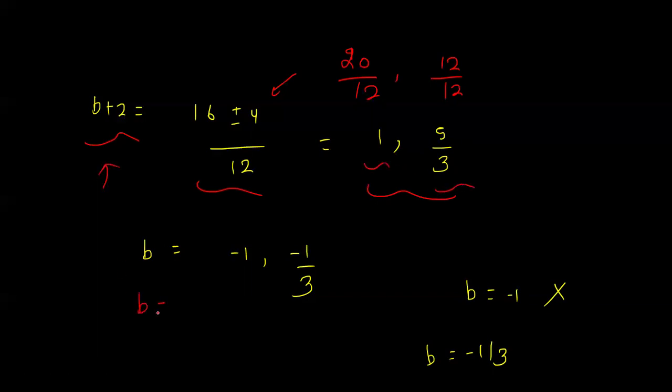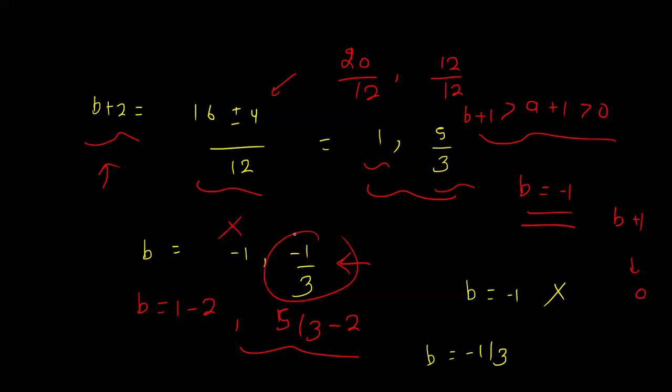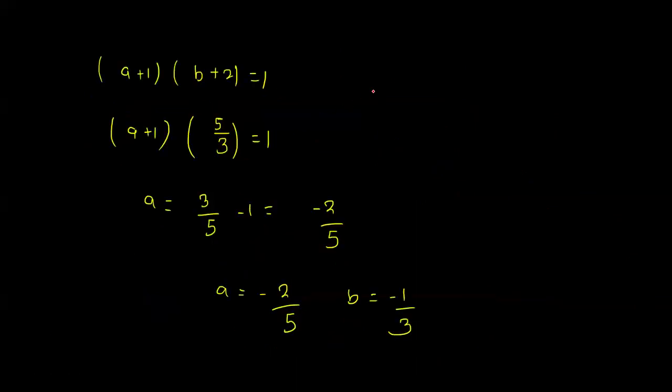So possible values of b are 1 minus 2 and 5 by 3 minus 2. These are two possible values, which are equal to minus 1 and minus 3. But in the problem we have the condition a plus 1 is greater than 0, and this should be greater than b plus 1. If you put b equal to minus 1 here, then b plus 1 will become 0, which is not true. So we will discard this case and we will take this case, b equal to minus 1 by 3,